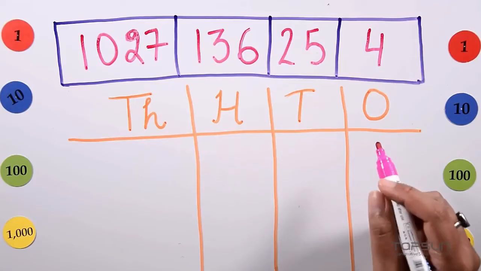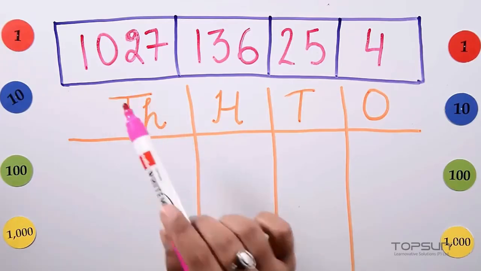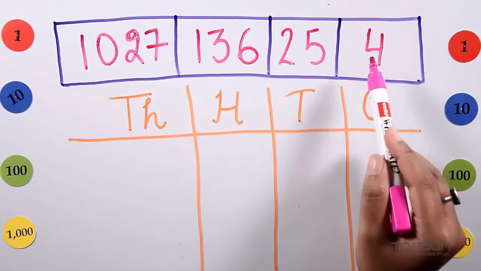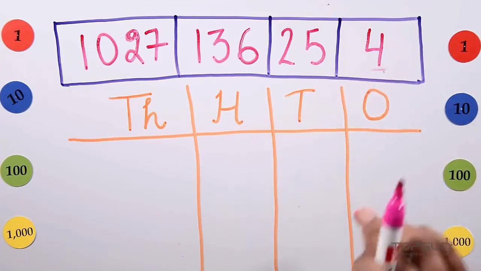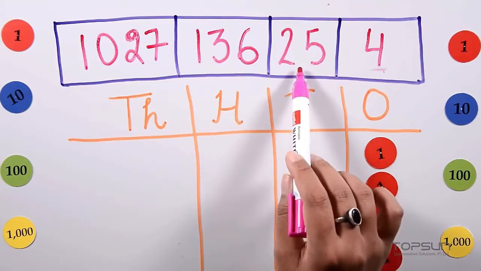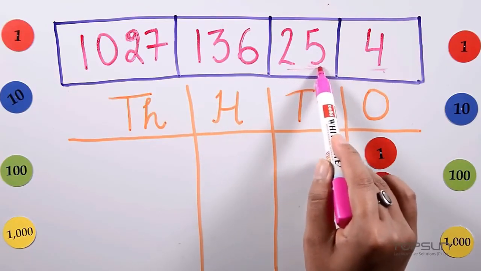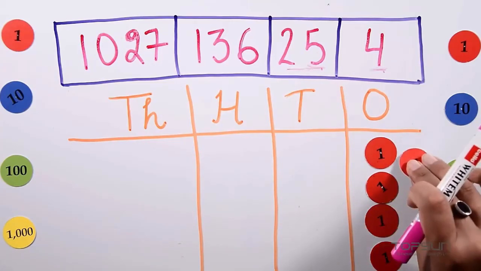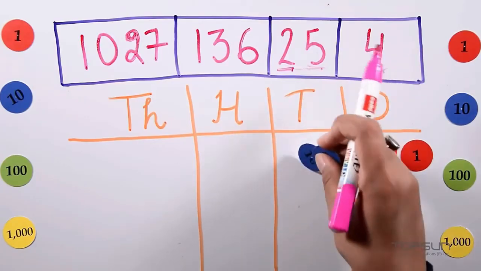Now we can go further and ask our learners to represent these 1, 2, 3 and 4 digit numbers in our place value table. First our number is 4, which is a 1 digit number. We'll place 4 one disks in our ones column like this. Our second number is a 2 digit number, which is 25. So here the ones place has 5. We'll add one more disk here, and tens has 2. So we add 2 ten disks here.